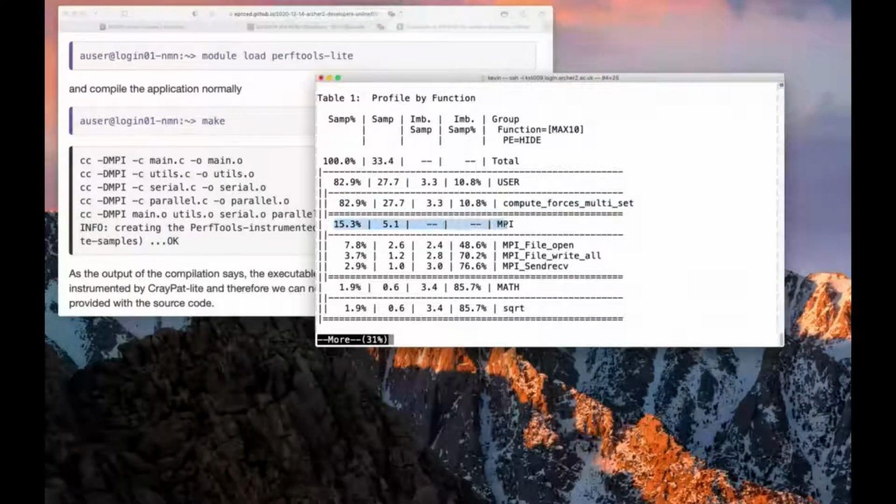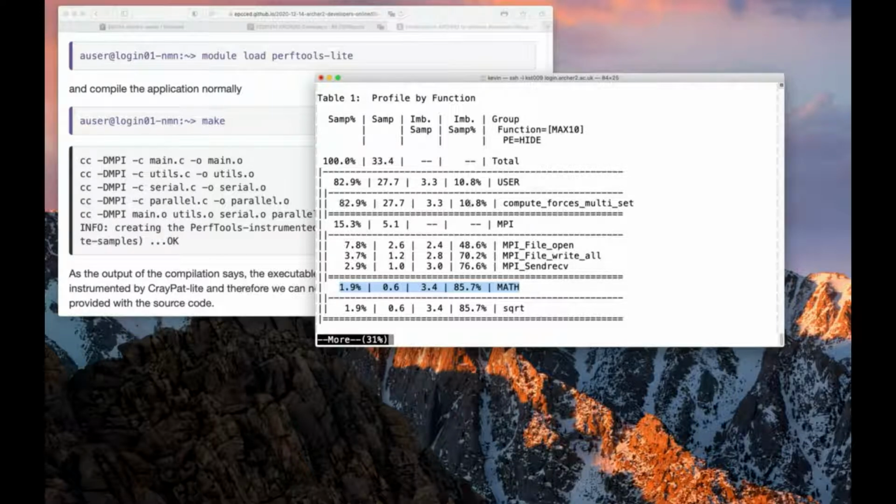It's also telling us 15% of the time has gone into various MPI activities in this case, and a small percentage of the time is in